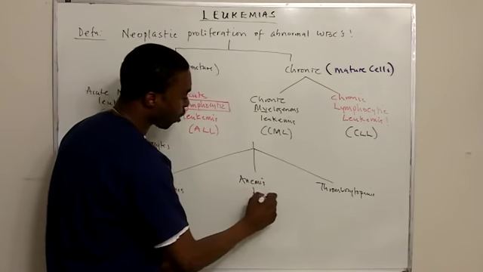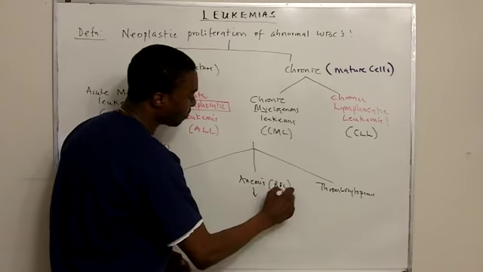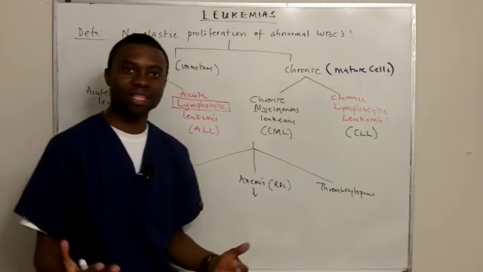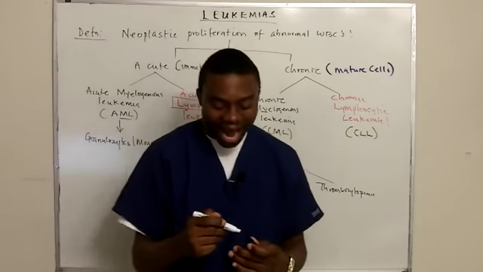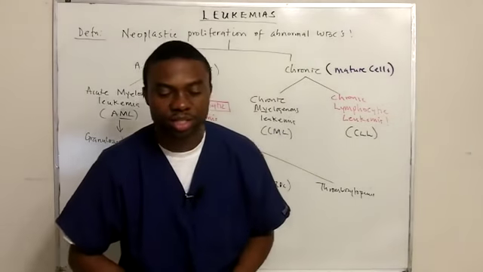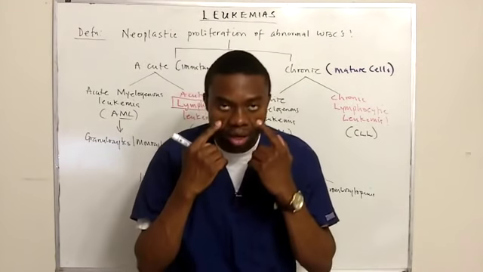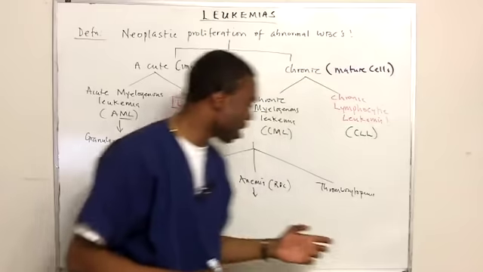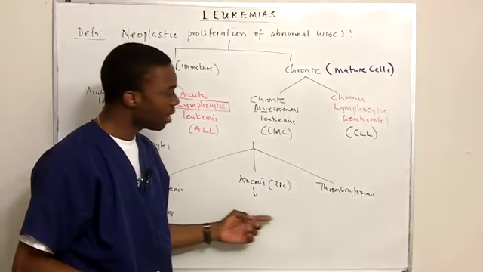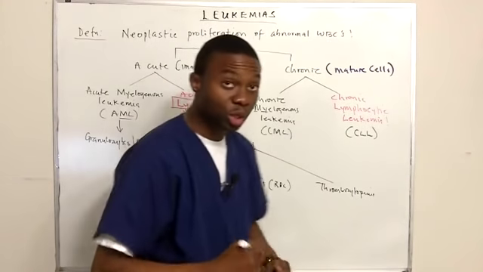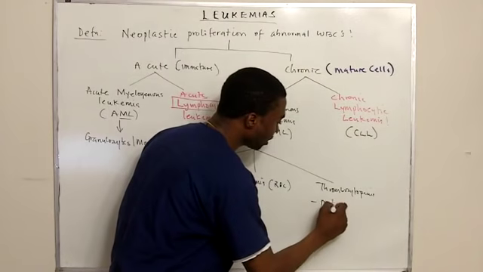Because they don't have red blood cells being produced and they're anemic, they're going to have signs of fatigue, tiredness, shortness of breath on exertion, right? They're going to have pale conjunctiva because they are anemic. And when their platelet counts are low, you're going to see signs of petechiae,